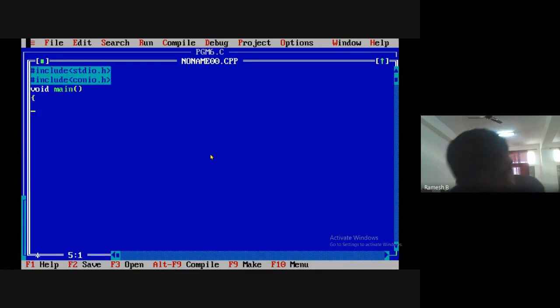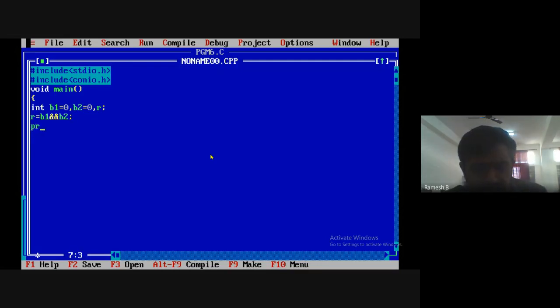I'll take them as integers. int b1 = 0, b2 = 0. Now I'll take r for result. Now r is equal to b1 and b2. First we will do AND, b1 and b2.